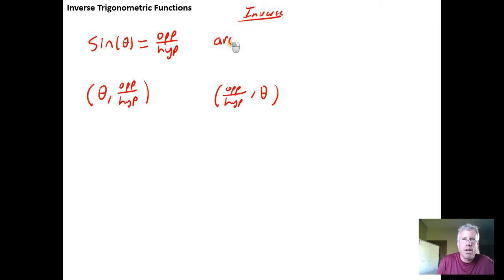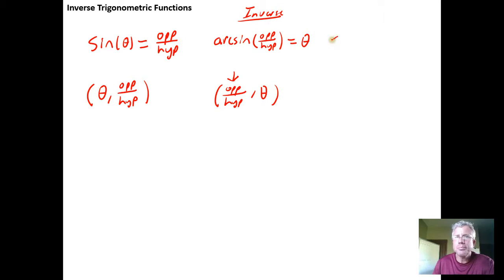Again, we're going to call it the arc sine, the name that we're going to give the inverse function. It's going to be the arc sine of the appropriate side ratio. You feed it opposite over hypotenuse. You can never put an angle into the inverse trig function because the inverse functions are expecting side ratios as their inputs, and when you put an appropriate side ratio in, it pops out the angle that generated that side